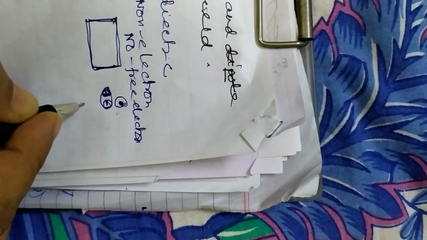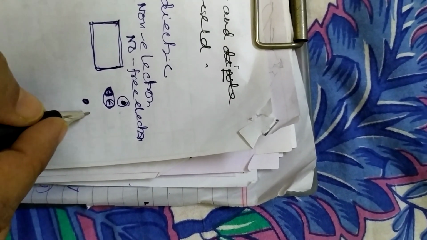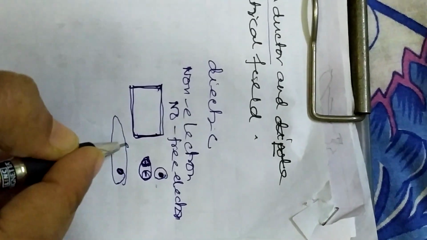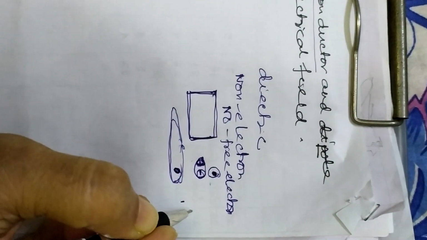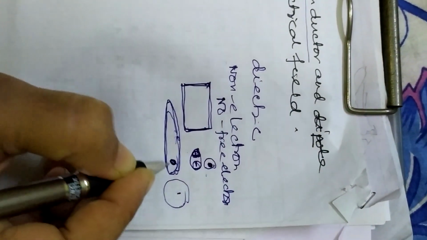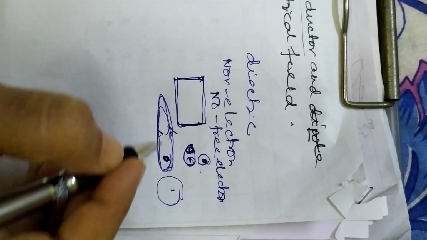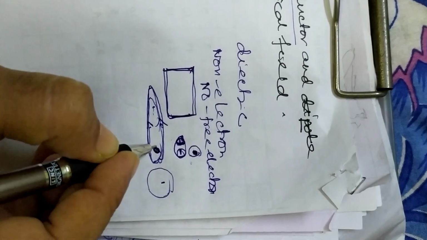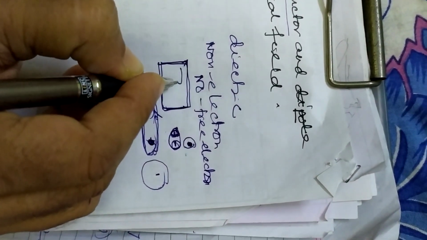Like suppose I am showing you, this is the nucleus of an atom. The electron in this case will move in this way. Okay, so it will not be circular, it will just rotate in this way. Generally it rotates in a circle, but in this case it will rotate and get diverted in this way. Clear? So this is how the electron behaves. In this way it is making positive and negative charges. So there will be lots of dipoles in this way.